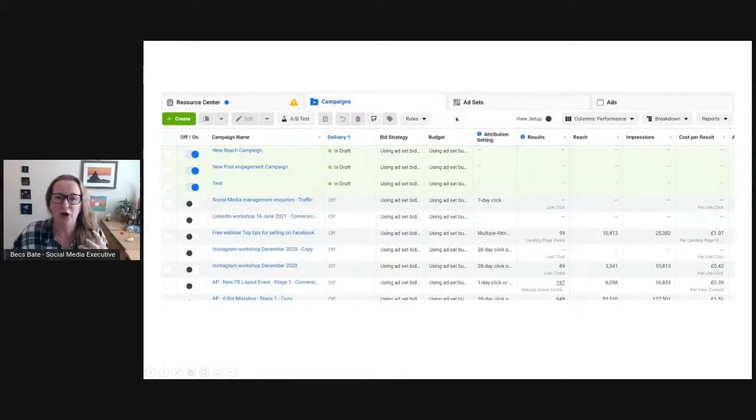However, once you've got these ads set up, you can adapt them and change them and rerun them time and time again. Something that you can't do with a boosted post. You can test different images, you can test different audiences, which is great. Okay. So basically,